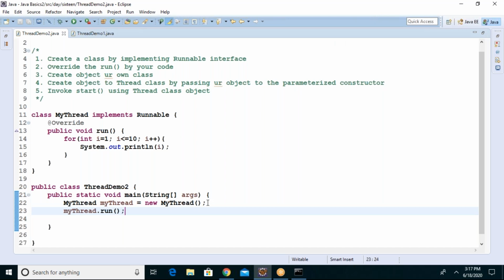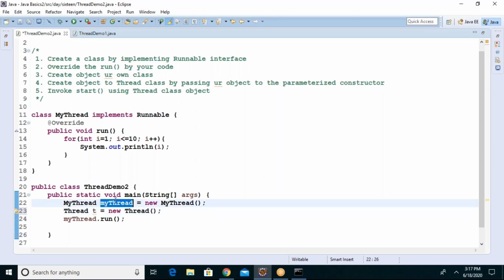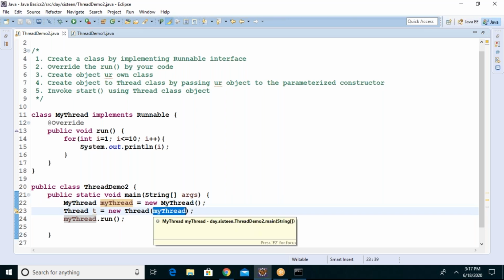So I take the help of the Thread class again to invoke: Thread t equals new Thread. I'm creating an object for the Thread class, but I'm also passing my object here. Guys, do remember, I create the Thread class object, but at the same time I'm passing my object, my thread object.